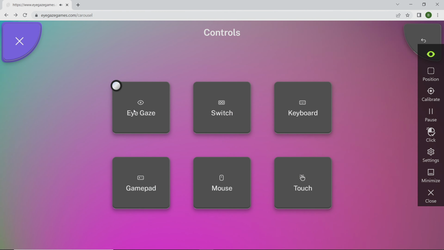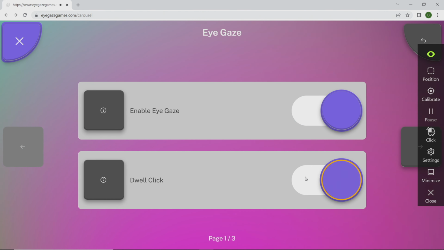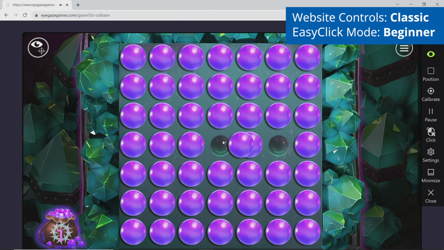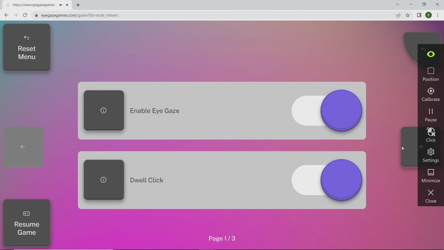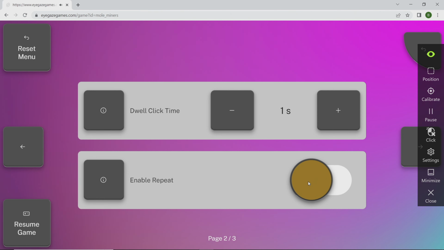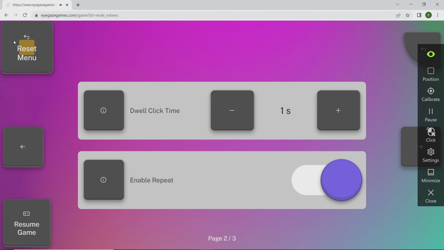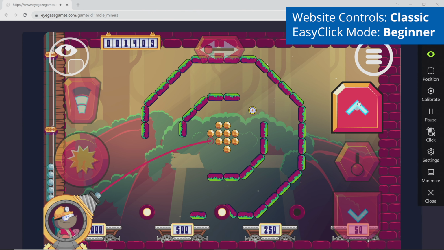If using this feature, just turn off the dwell click option in the Easy Click software whilst using the website, so you are just using Easy Click to control the mouse cursor and not the clicks. If using the inbuilt dwell, you can also change settings related to this on the site, such as dwell time, and also whether you can make repeat selections whilst dwelling on a button, or whether you need to look away and back between each selection.